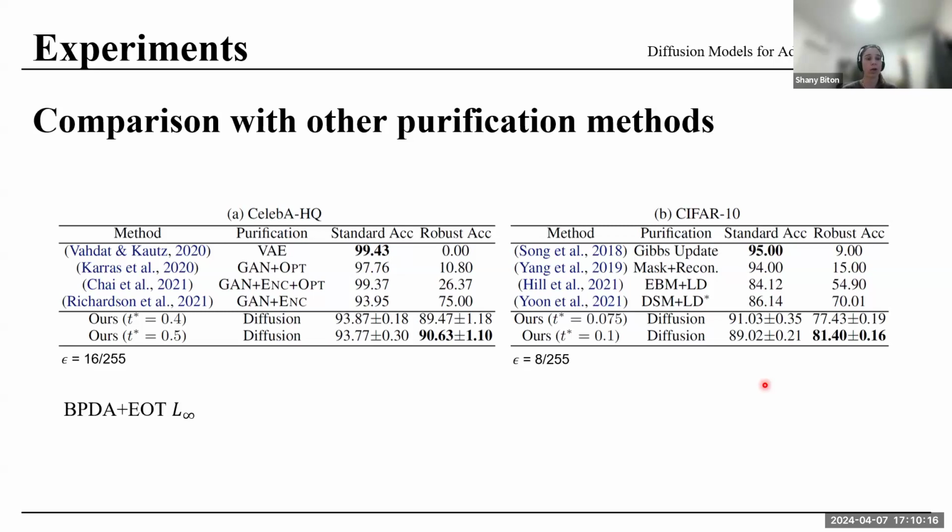in order to compare between those models. You can see the purification used for those different methods. And what we can see here is that under standard accuracy, most of the models did quite well, above 90% standard accuracy. However, when we look at the robust accuracy, most models really did poorly. They couldn't generalize to different attacks. The highest was 75% robust accuracy,